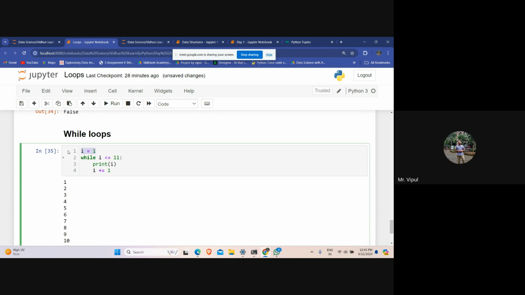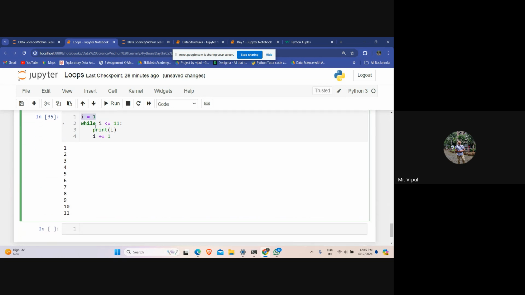Initially, it is taking i value 1. You are giving the while condition: while i is less than or equals to 11. तो जब तक i less than or equals to 11 है, print i. And here you are iterating the value of i: 1, 2, 3, 4, up to this condition, i is less than or equals to 11.